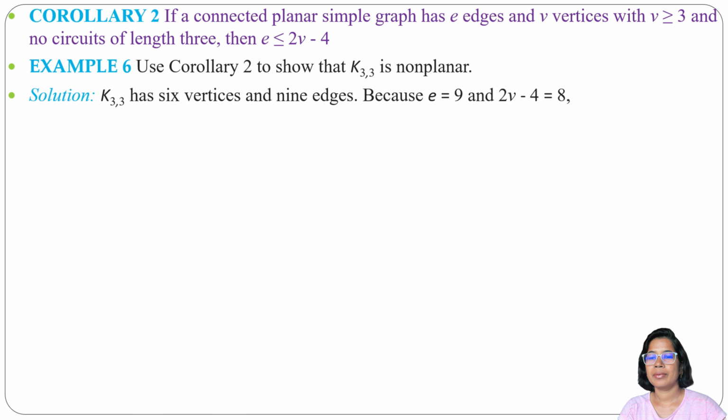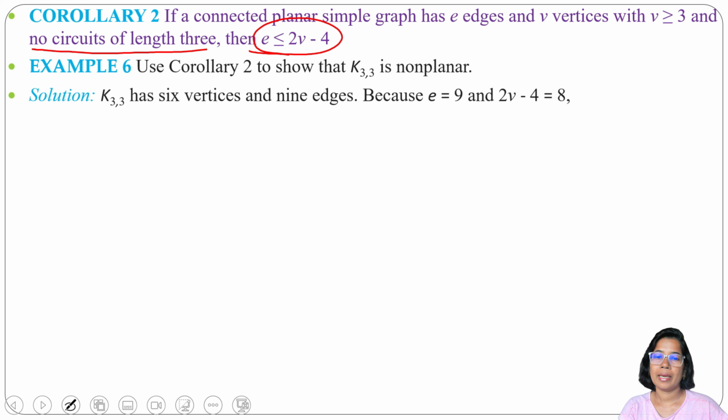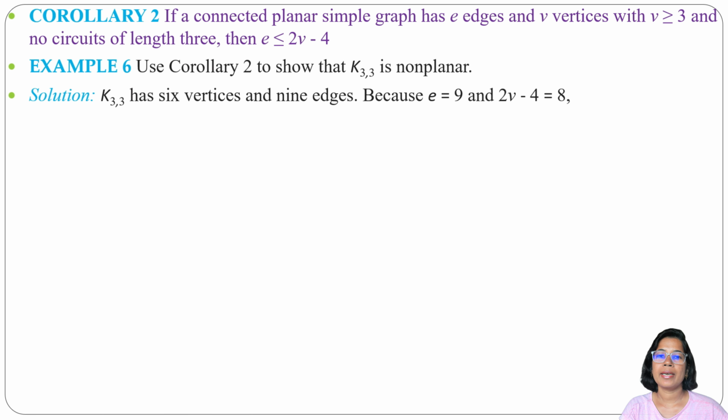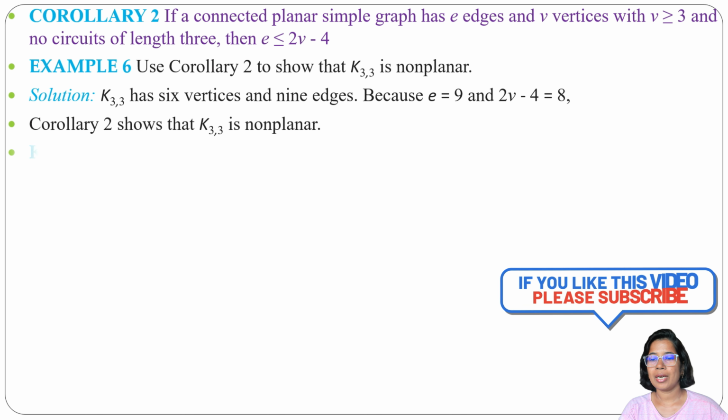If in a graph there is no circuit of length 3, you can use this formula to check whether the graph is planar or non-planar. In today's lecture I discussed what a planar graph is, what a non-planar graph is, Euler's formula and two corollaries. In the next lecture I'll discuss this